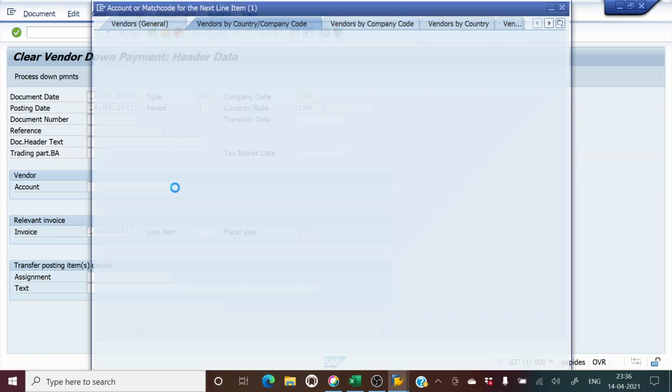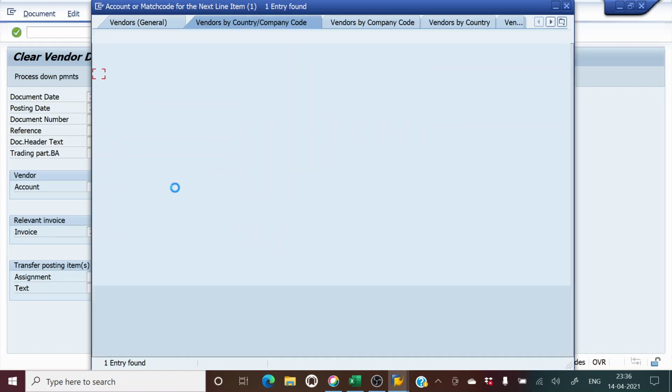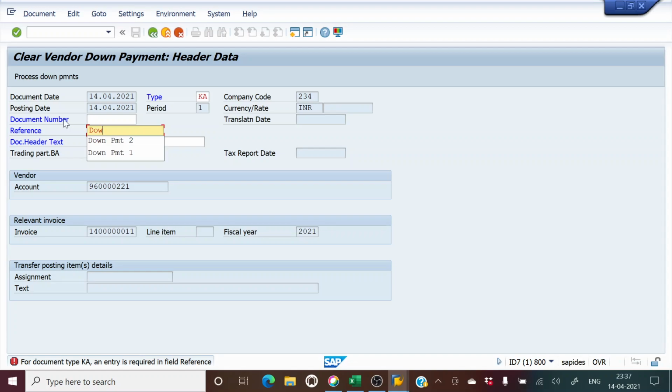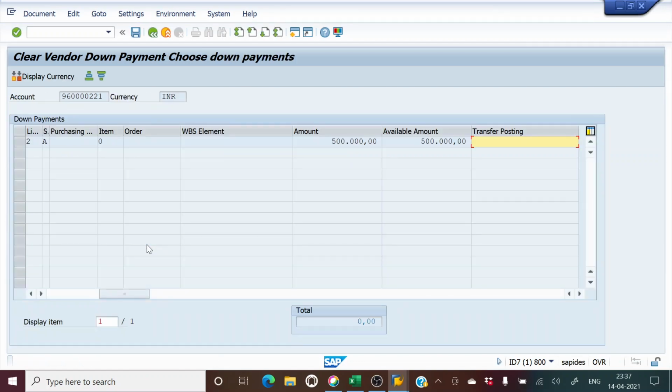So vendor would be CDE Limited, and then what we should do is process down payment. Yes, sorry, so it is process down payment, down payment 2. We will process the down payment.